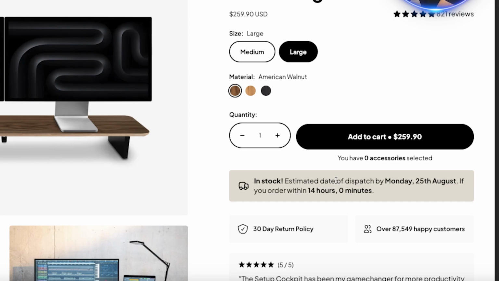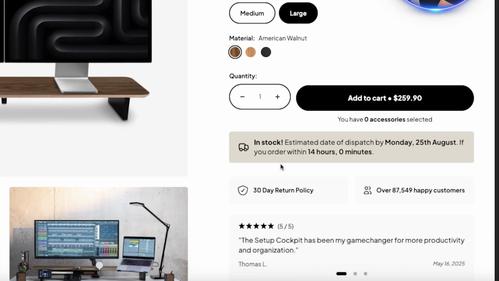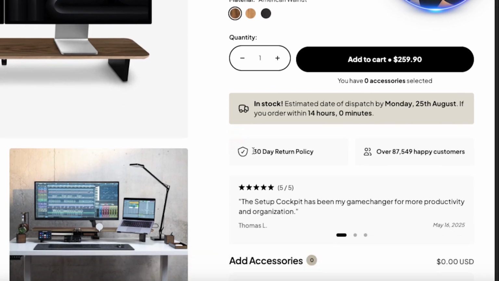You need to actually upgrade the wording of what you're saying on your product pages. This is really important. If you're going to operate like a real business and a high-end brand, then you need to actually change the wording that you use on your product pages. 30-day return policy, over 87,000 happy customers. Social proof plus a money-back guarantee makes a big difference when it comes to buying